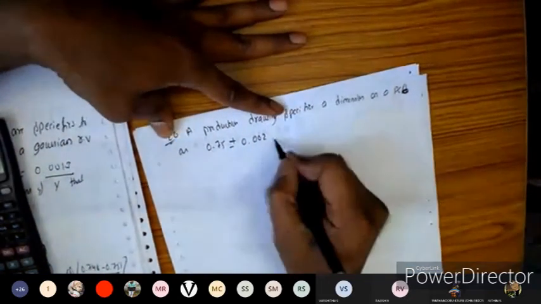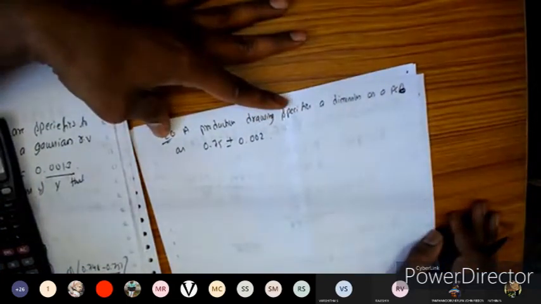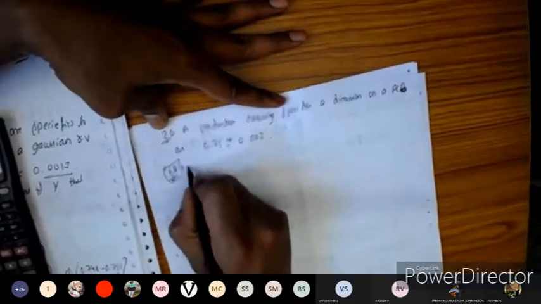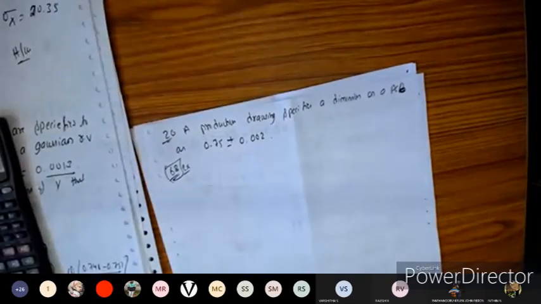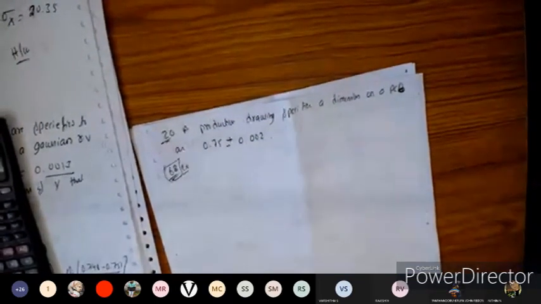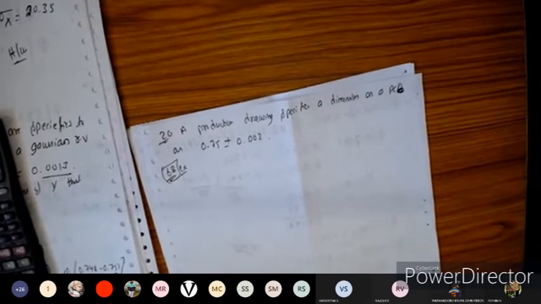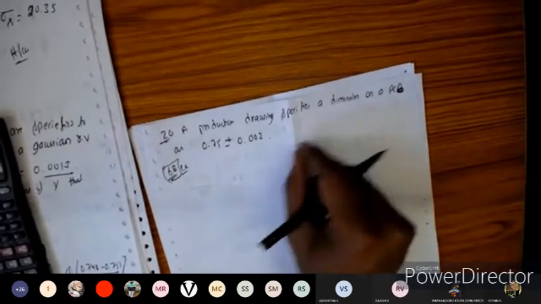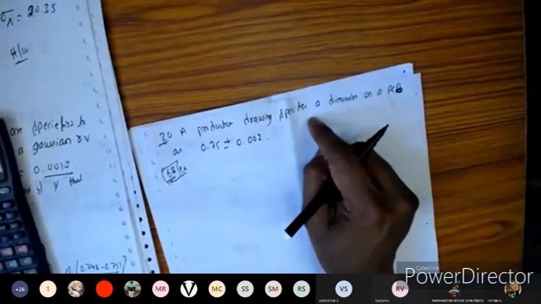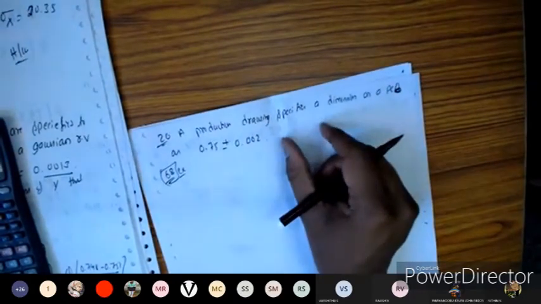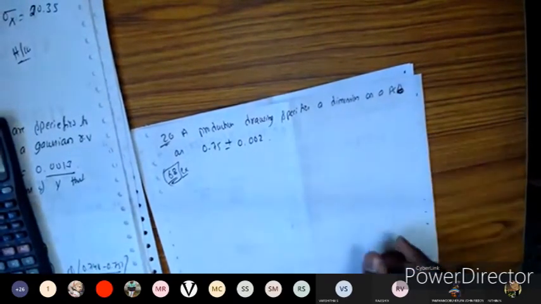I'll repeat the story here. You can refer to question number 68 in the textbook. This is exercise problem 68. Assume that the process that manufactures the devices is such that the dimension is a Gaussian random variable y, and that the manufacturing process is slightly inaccurate. So it is going to manufacture these PCBs, and it is assumed as a Gaussian random variable y, and these dimensions are slightly inaccurate.